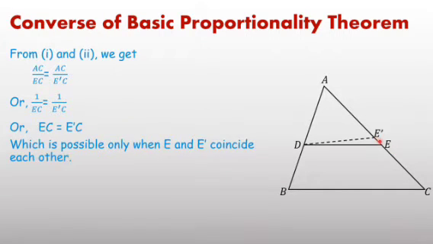And if both coincide with each other, then we can write the result: since DE dash is parallel to BC by construction, and E dash coincides with E, in place of E dash write E. Therefore, DE is parallel to BC. That is the final result, which is known as the converse of BPT or the converse of Thales theorem. Now next, some examples based on BPT and the converse of BPT,